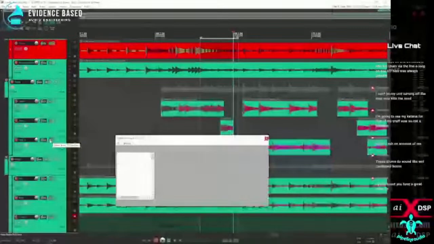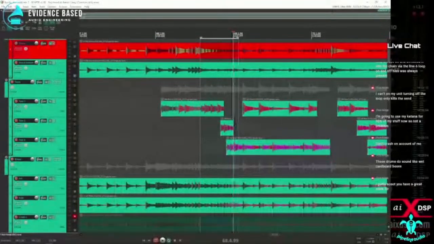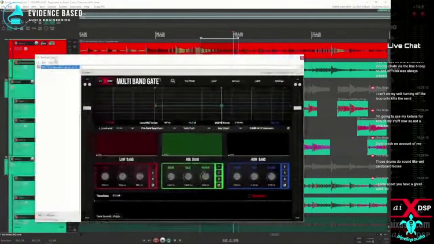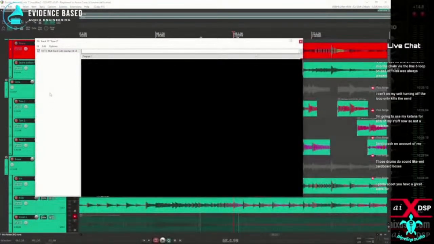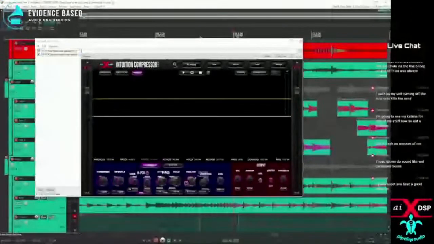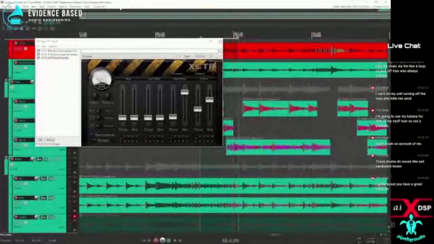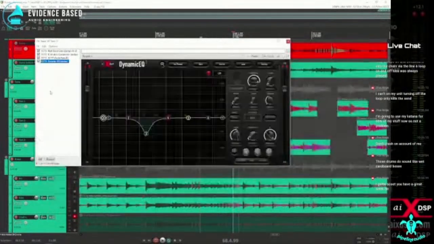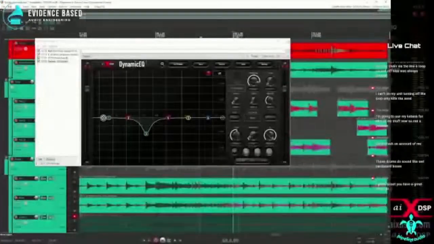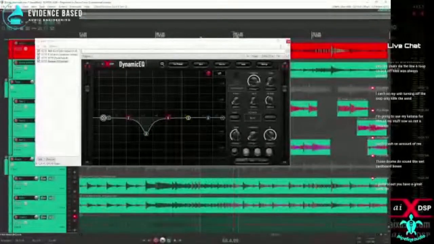Let me see if I can do these one at a time and see who's making the trouble. We'll do multi-band gate. Just fine. And do intuition. This is where I'm suspecting we might see. Nope, just fine. Exciter. It's fine. And dynamic EQ. Just fine. So it's just copying them all at once that's making the trouble. That still shouldn't happen. I gotta make a little bug report on that, but